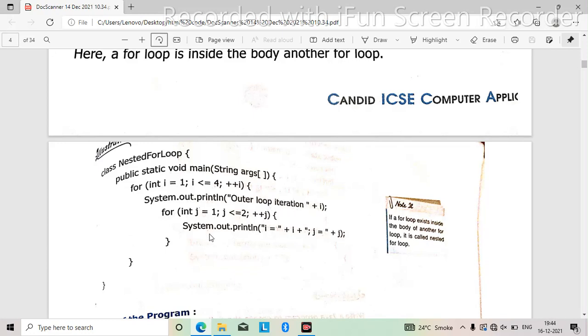Iteration I told you about: as this for loop runs from 1 to 4, it will come here once. At the start the value of i will be 1, then it will check 1 is less than or equal to 4, yes, so it will increment the value. This is the first iteration. Then again the value of i will be 2, because here we are incrementing the value, then 2 is less than or equal to 4, yes, then again it will increment. This is another iteration. So I hope you will understand this process of what is nesting of the loop.